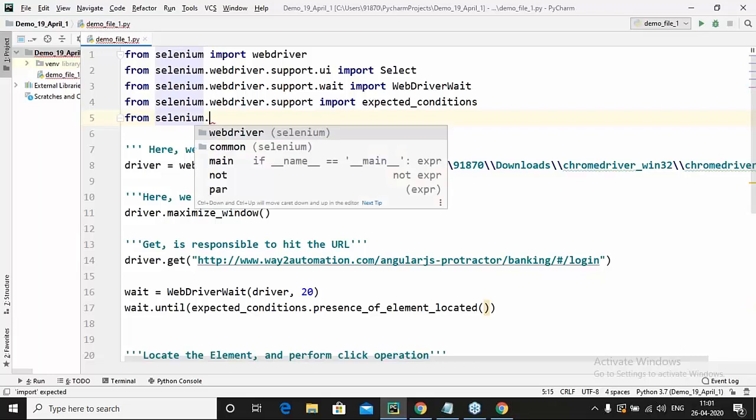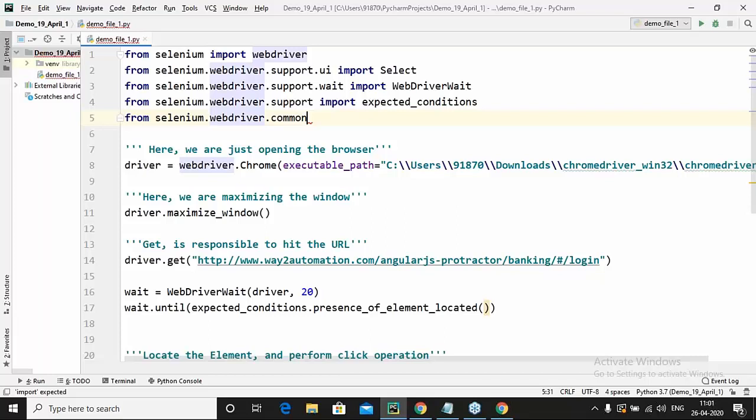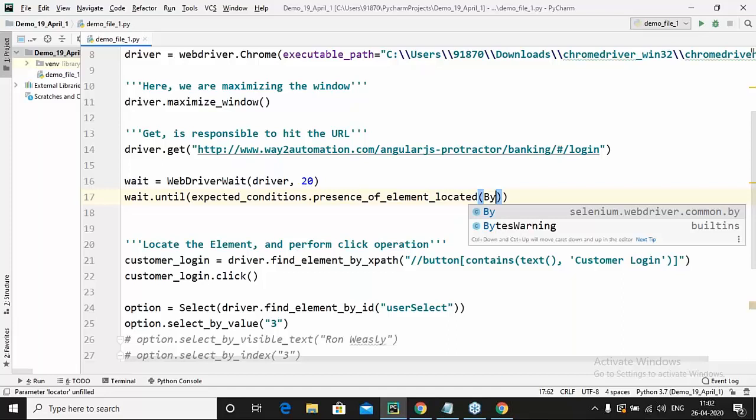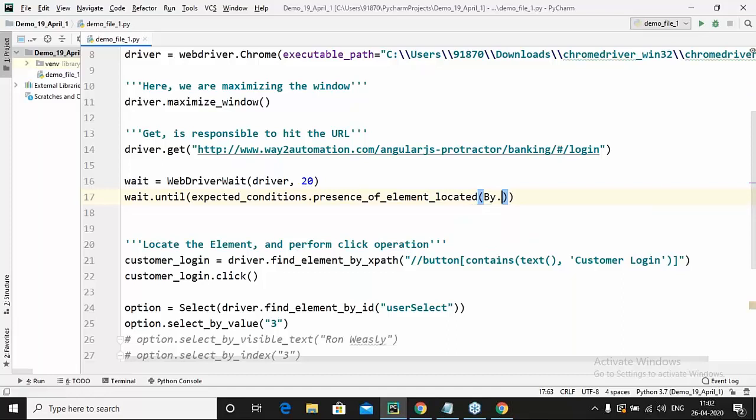I'll be saying locate an element, presence of an element by, I want to locate an element using the XPath. Now I can simply copy this XPath.